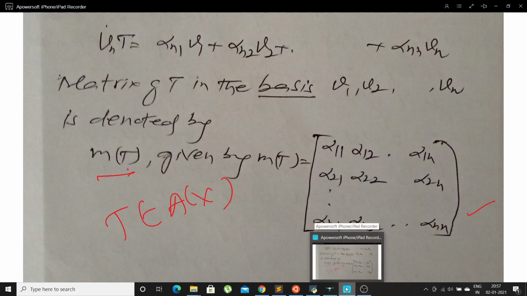I'll take some examples. The examples are very simple, provided the vectors form a basis. Okay, if they are a basis, then